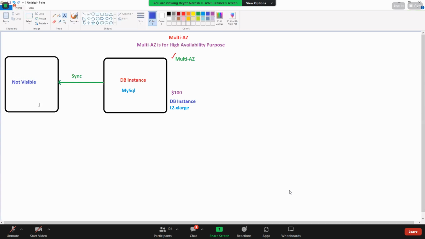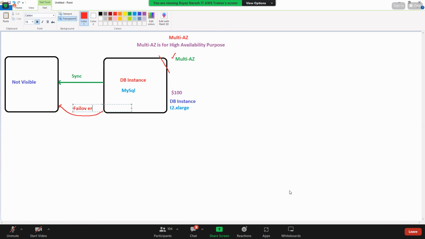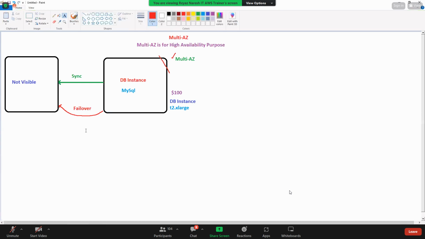It is completely handled by AWS. So just in case something happens to the DB instance here, automatically the failover will happen to this one. You understand?